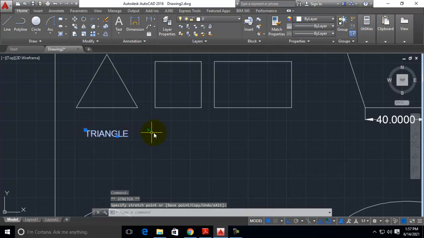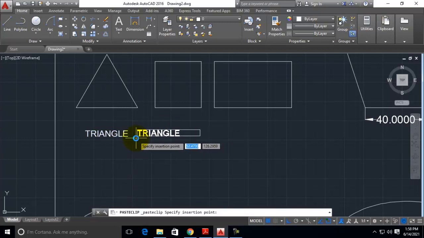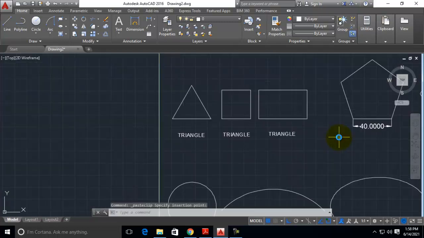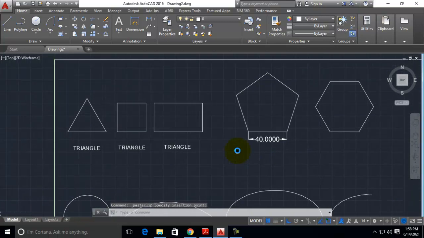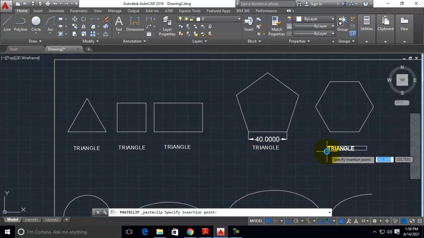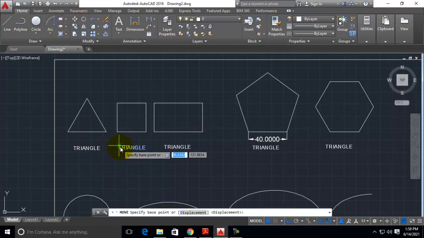Similarly you can add many texts. It will be easy for us if we copy it, paste it and edit it later. I am pasting everything like this. We can change the triangle to whatever text we want. Now you can move it in such a way that they are all tracked and positioned correctly.